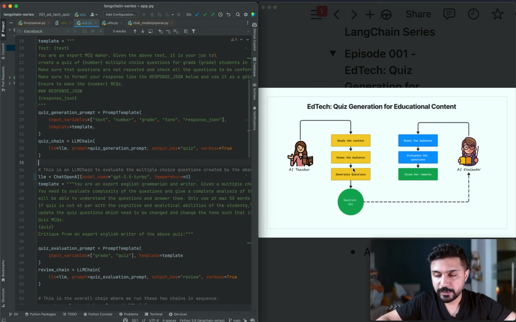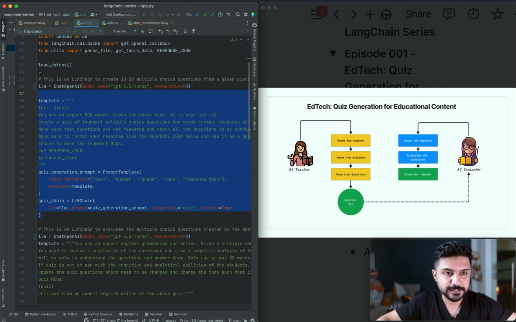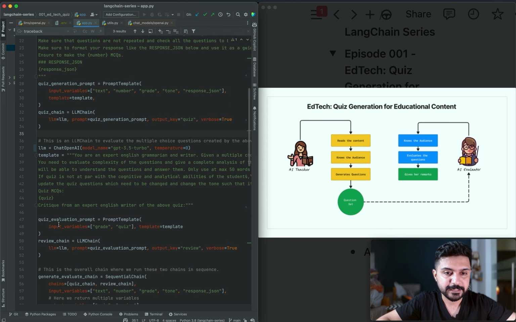So once you have all of the inputs, you then put it into an LLM chain, and then we're going to create a sequential chain, and I'm going to get into why we're doing that. So this part specifically is the code which is taking care of the left part of this whole diagram. And after this, we're going to create the next